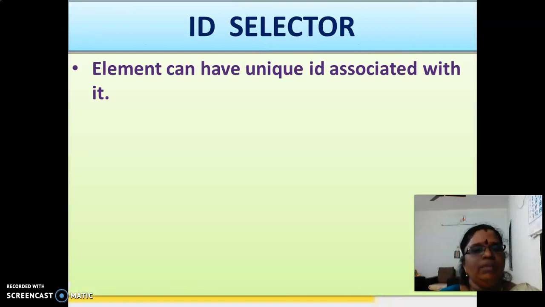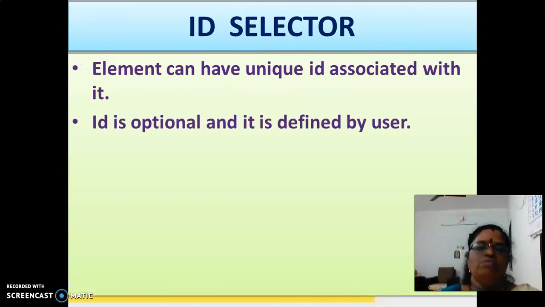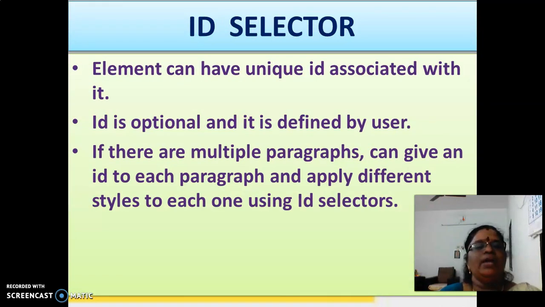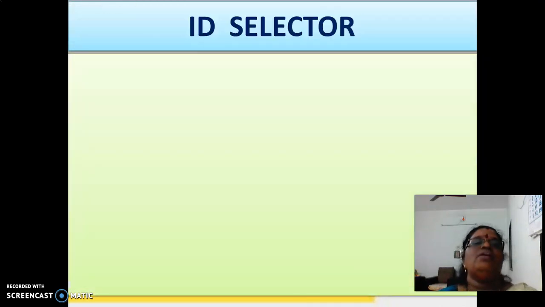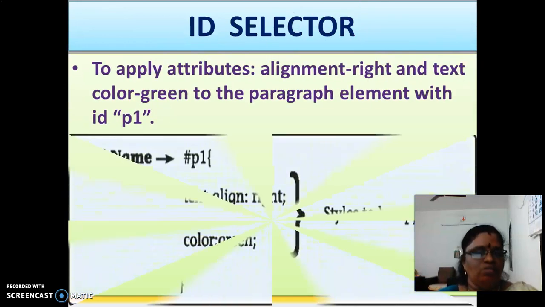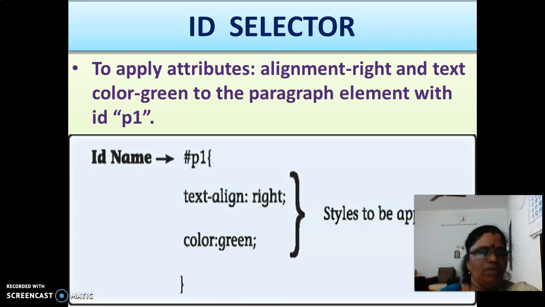For the ID selector, an element can have a unique ID, and using that ID we can give the selection and the declaration, that is called the ID selector. It will start with the hash symbol, then any ID, and inside that we write the styles.